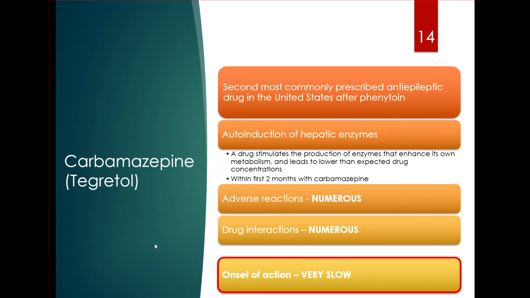Carbamazepine. Now we're talking about Tegretol. This is another one, because it's an old drug and we've used it for a lot of years. You might see somebody on this still. It's the second most commonly prescribed anti-epileptic drug in the United States after phenytoin. This is an important